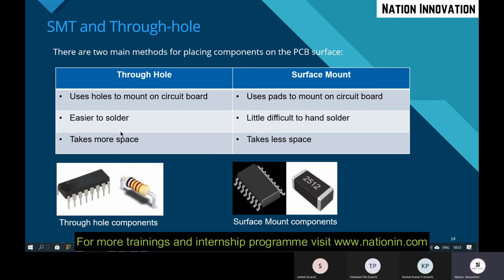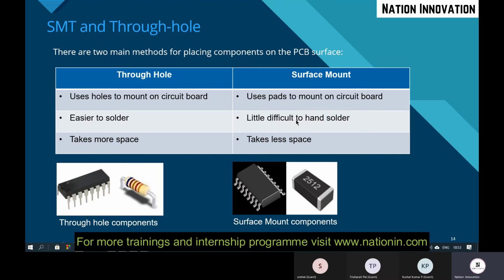But in a single layer PCB, you can use all through-hole components. In our case, we are also doing the same. We are using through-hole components only. And it takes more space because you need to drill the holes and do the soldering and all. For that purpose, the space consumed by through-hole components is somewhat high.